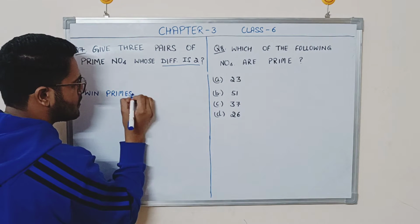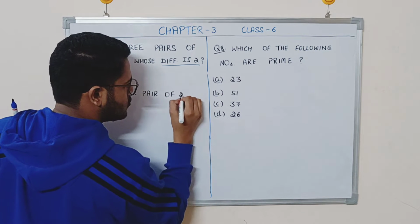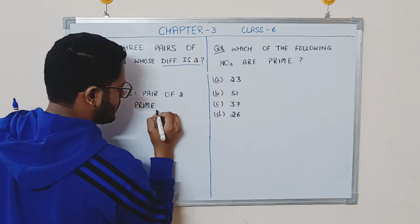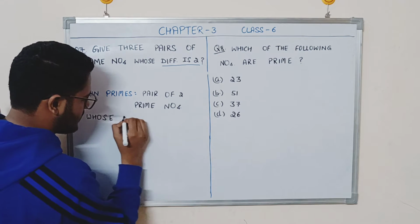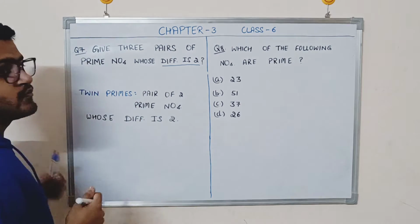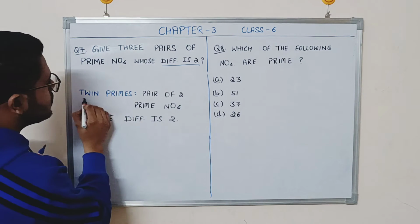primes, right? Twin primes is the pair of two prime numbers whose difference is 2. Okay, so which means we can also be asked this same question as give 3 pairs of twin prime